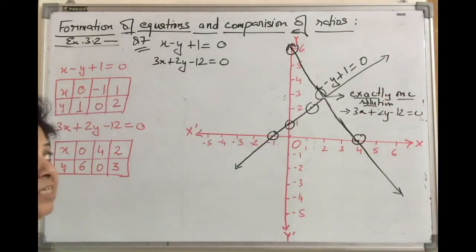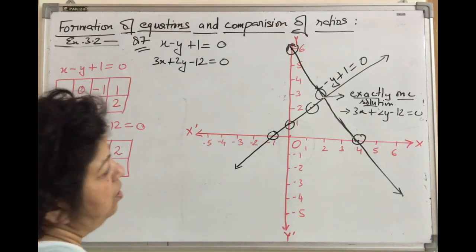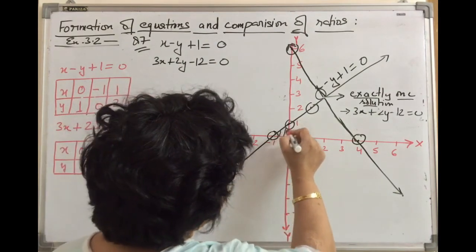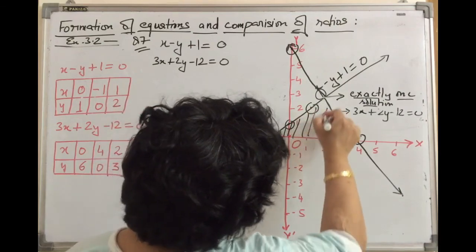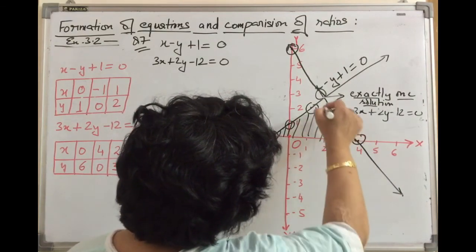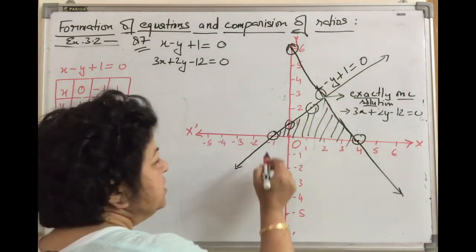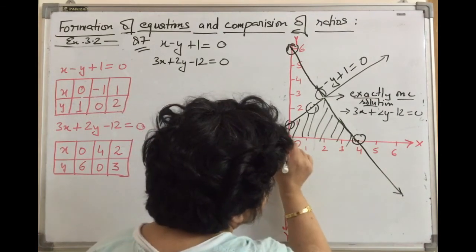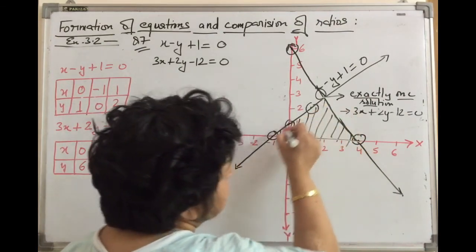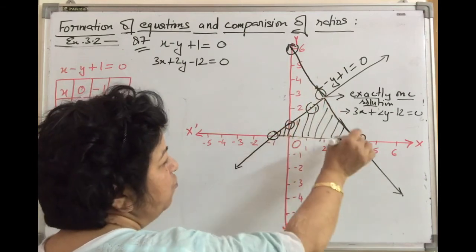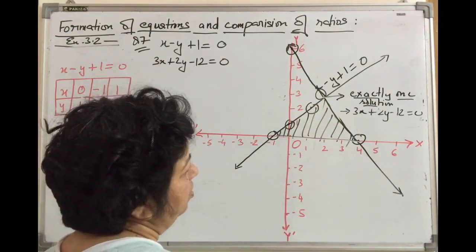The lines are intersecting. Second case, the second part of the question, that is, find the area made by the two lines with the x-axis. The two lines, and this is your x-axis, the horizontal line. This is the triangle formed. So we have to find the area of this triangle.